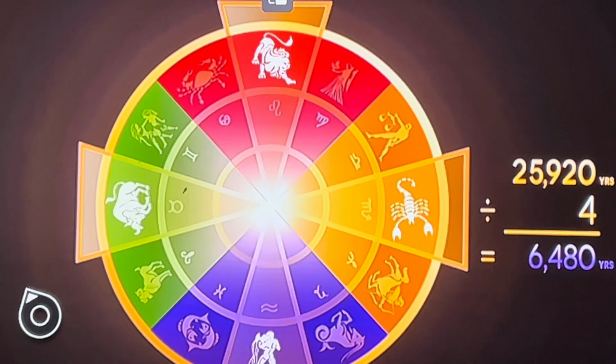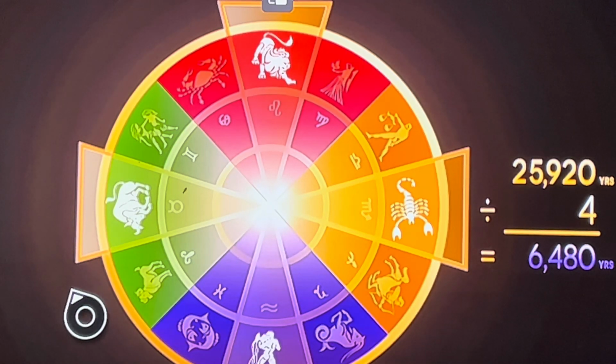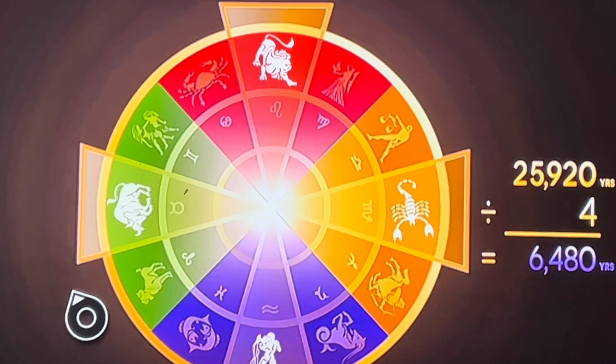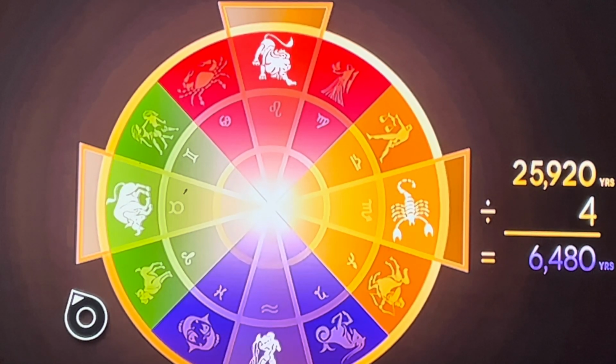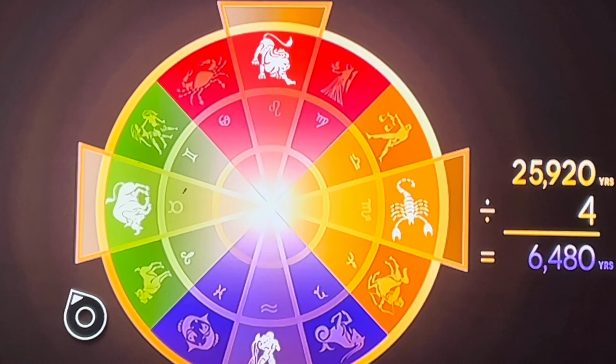If you divide 25,920 by 4 to determine the duration of each season, you'll discover that it's 6,480 years. That's an important number we just went over a minute ago. And yet it's in the great cycle of time and everything. Oh, there's even more connections than that, which is interesting because